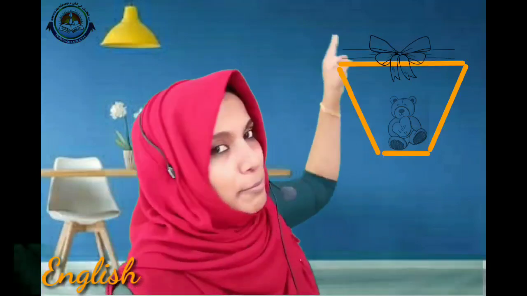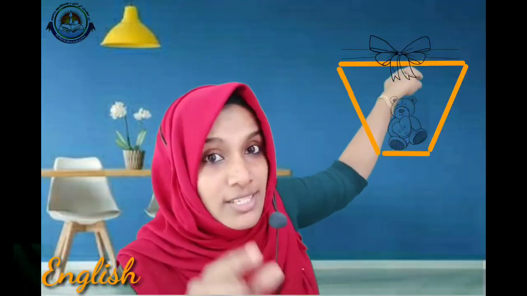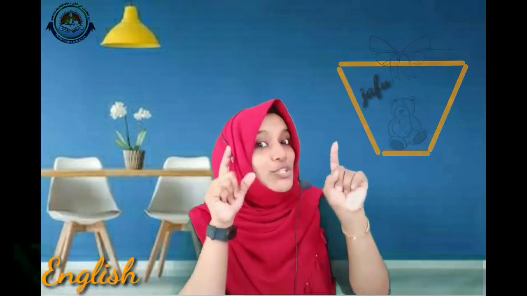As in the previous class, we drew a gift box, right? How did you draw that gift box? With the help of some instructions, and ma'am gave you some steps, like draw a box, draw a toy in the box, draw a bow on the box, and at last write your name on the box. So these were the instructions. In the same way, in a recipe some instructions are given to make the food step by step.